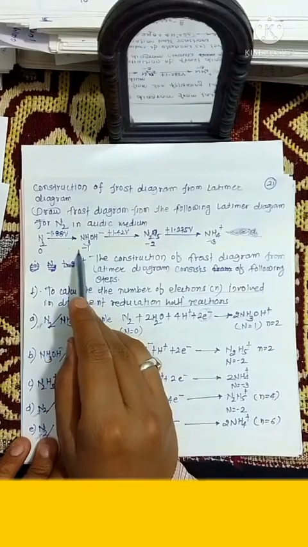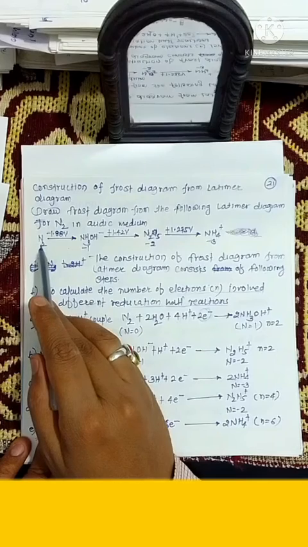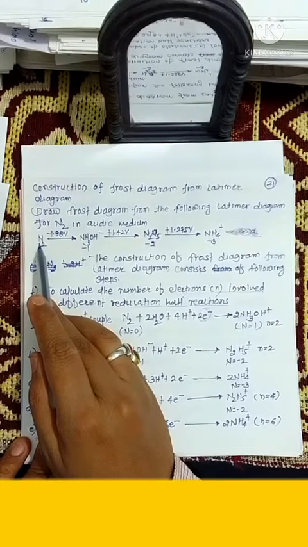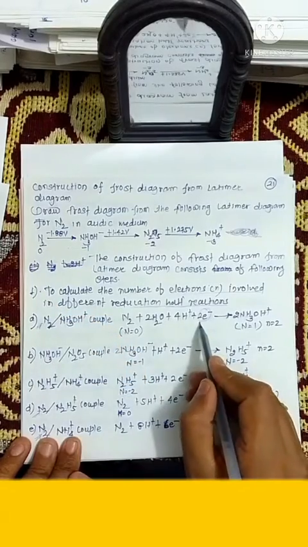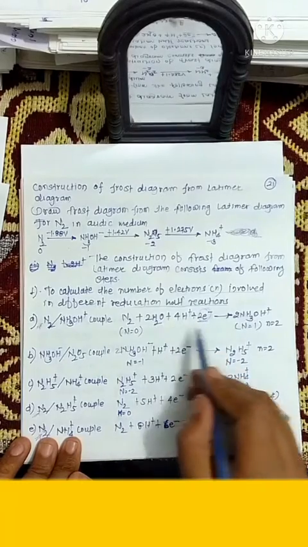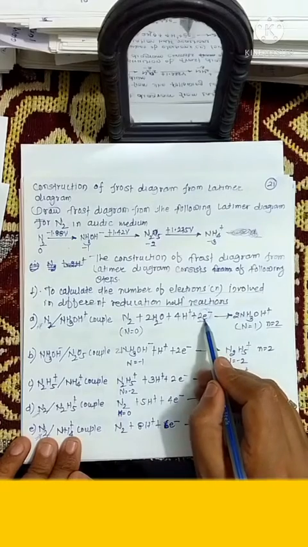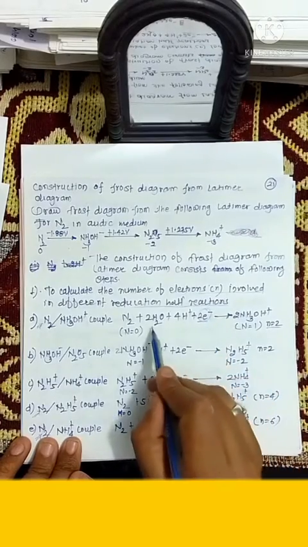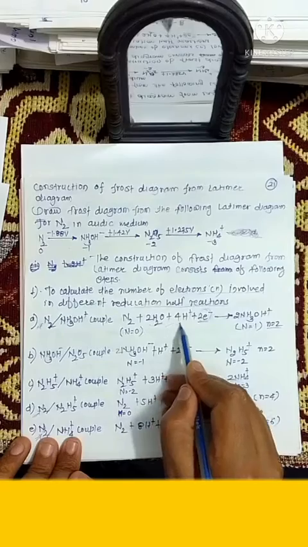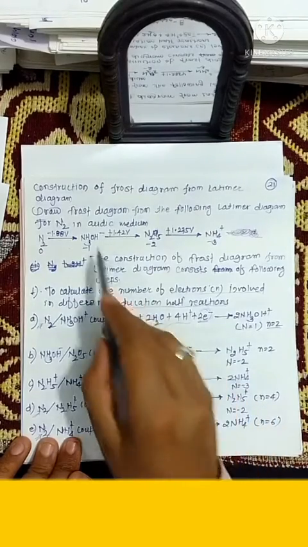So it is one electron change, but since in this reaction nitrogen is present in molecular form, that's why we have to multiply that electron with 2, and that's why the total number of electrons used in this reaction is 2. Students take help of water and H plus to balance the reaction.